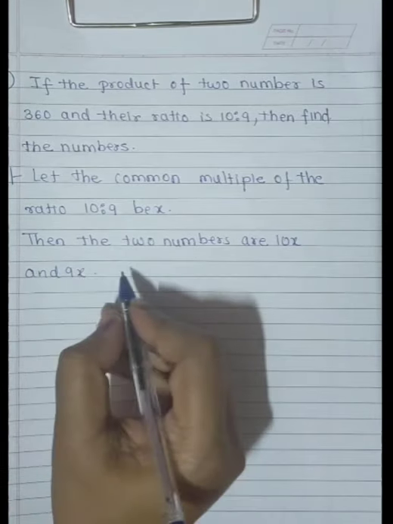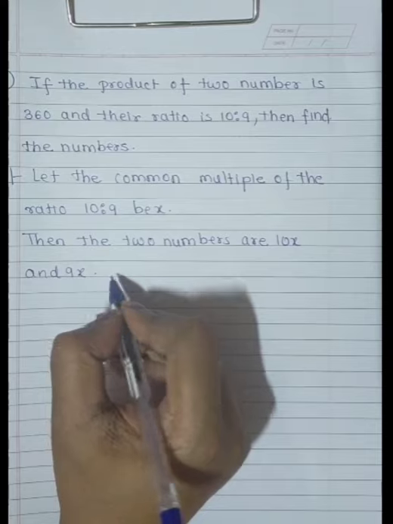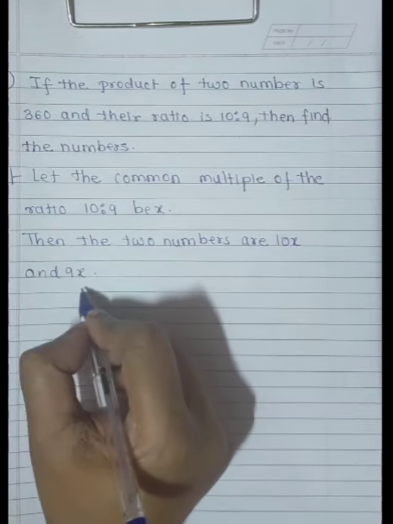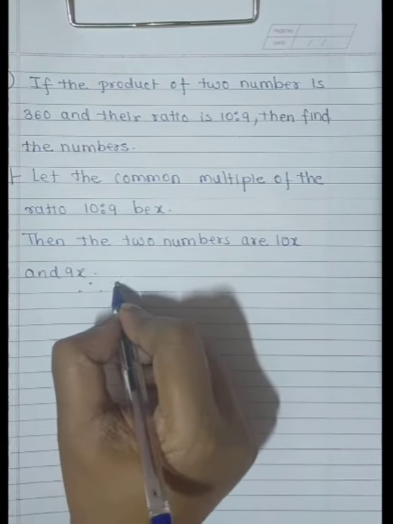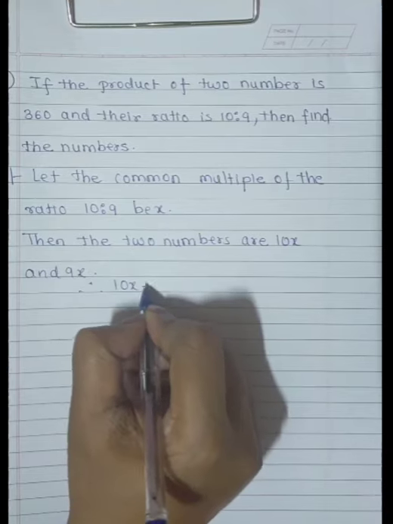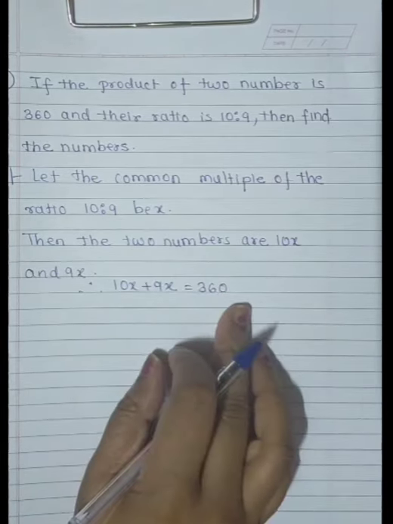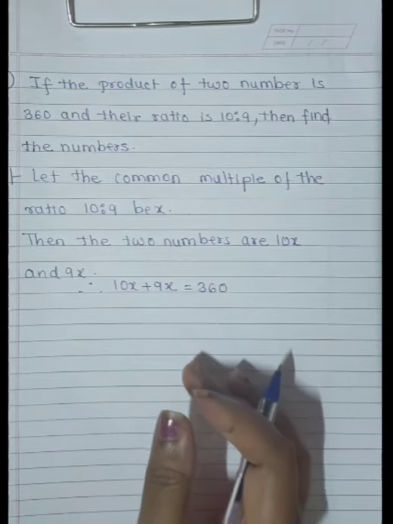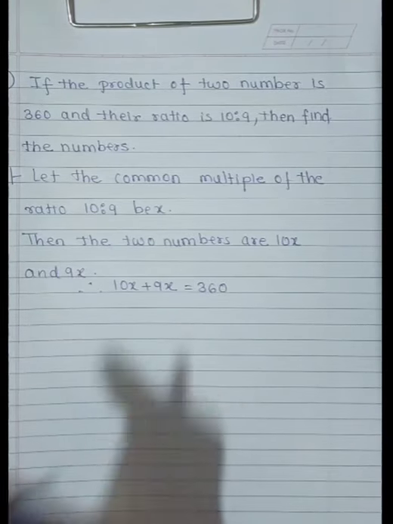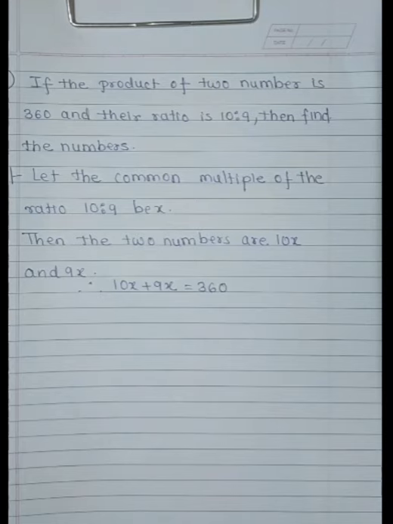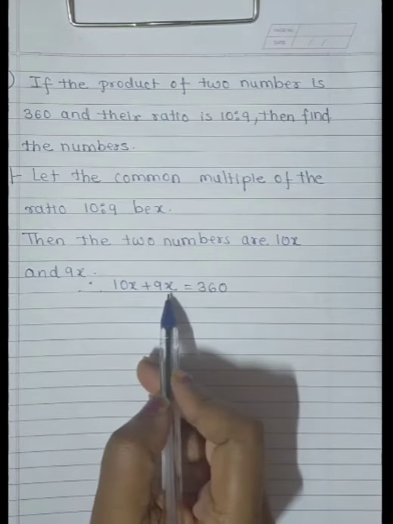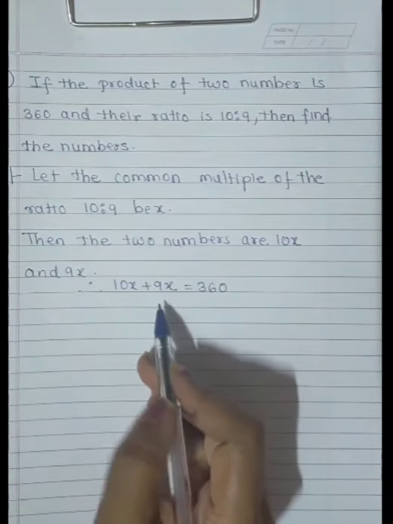Okay, and the sum is what given? 360. So I am writing in equation form. 10x plus 9x is equal to 360. This is our equation. Now here, as you can see, what is given? We are having 10x plus 9x. Okay, so therefore,